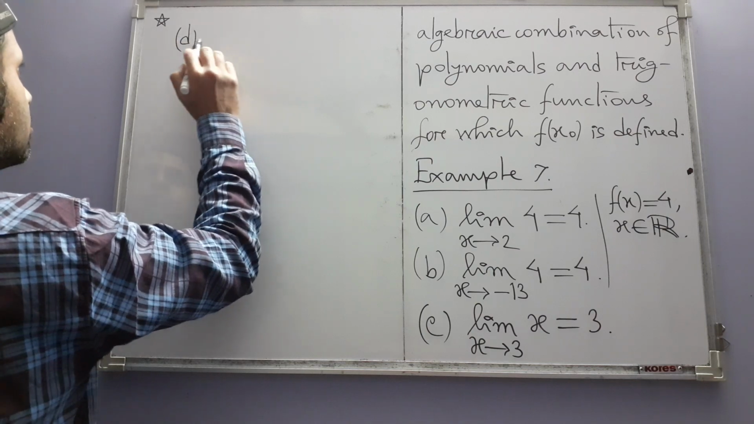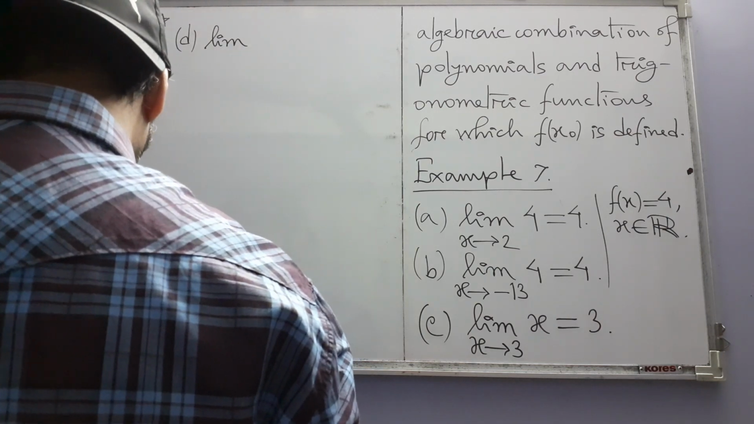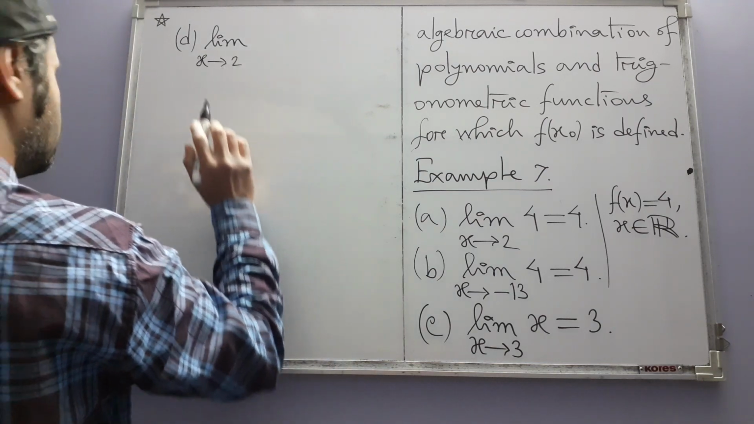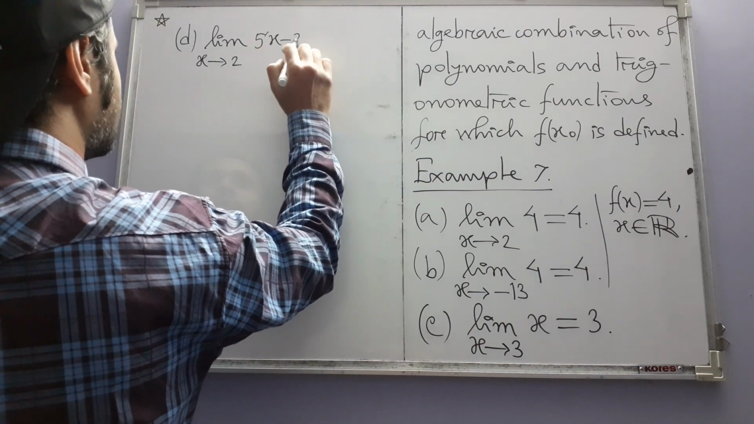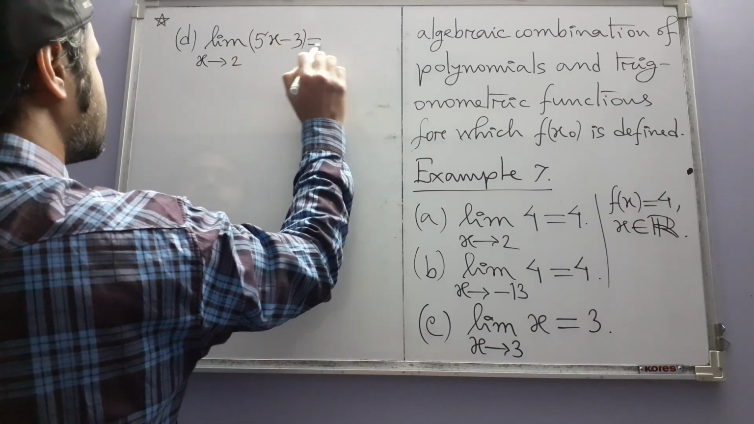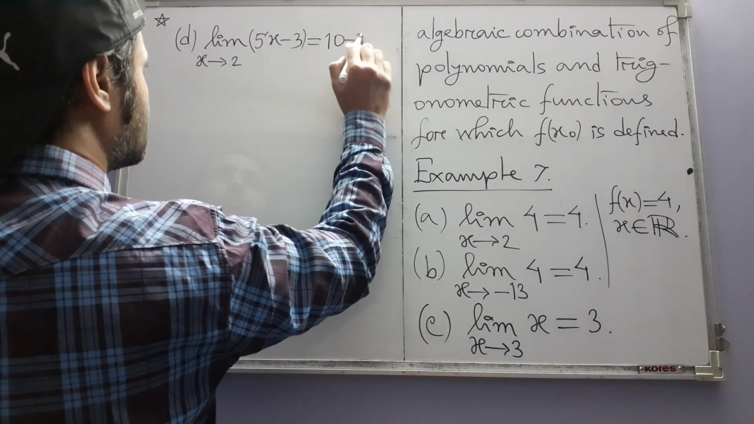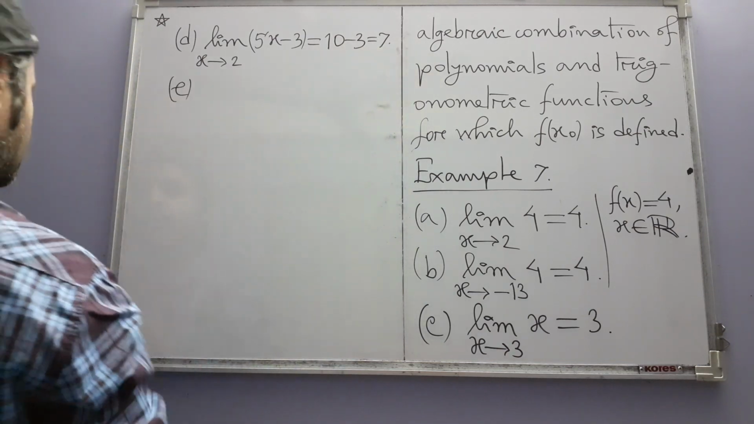D, here you have the limit as x tends to 2 of what is the function? 5x minus 3, again a polynomial. So you just evaluate the polynomial at x equal to 2. 10 minus 3, which is 7. Then E,